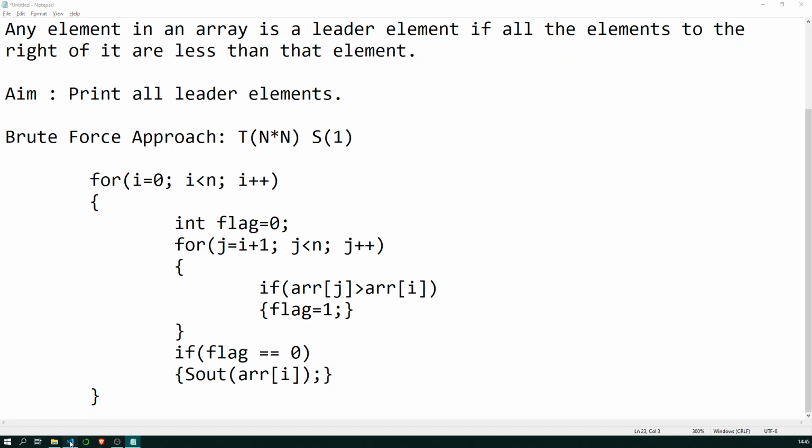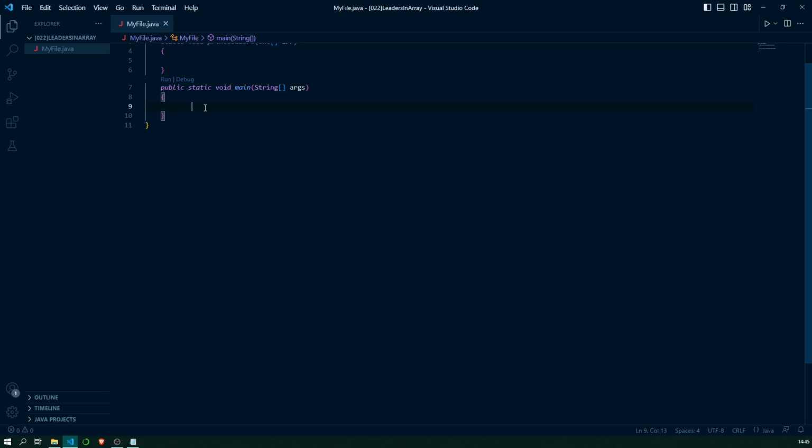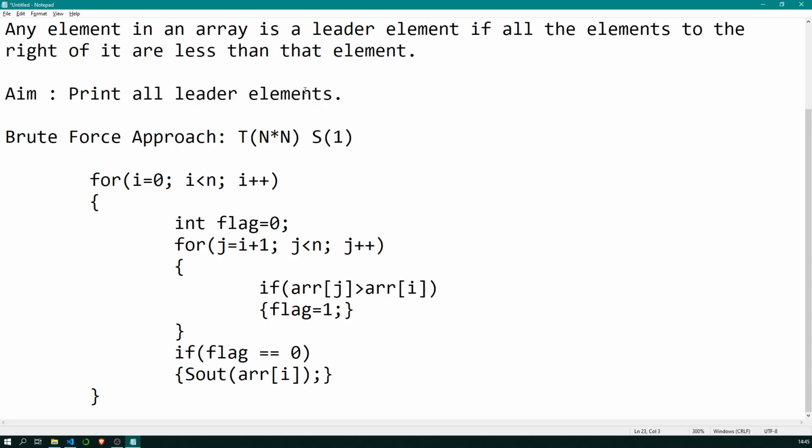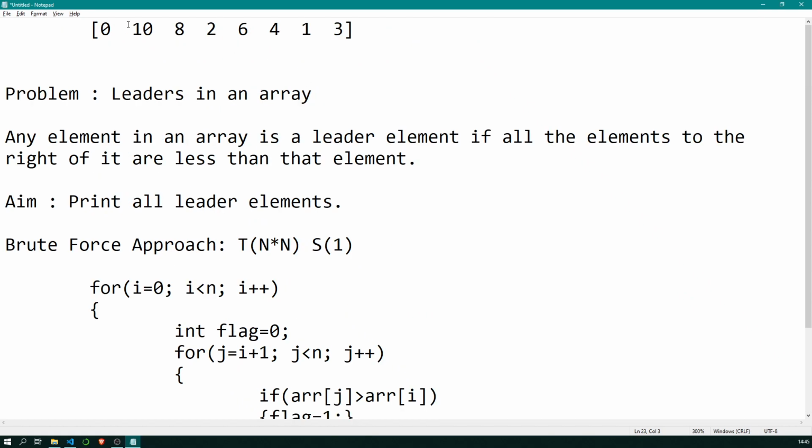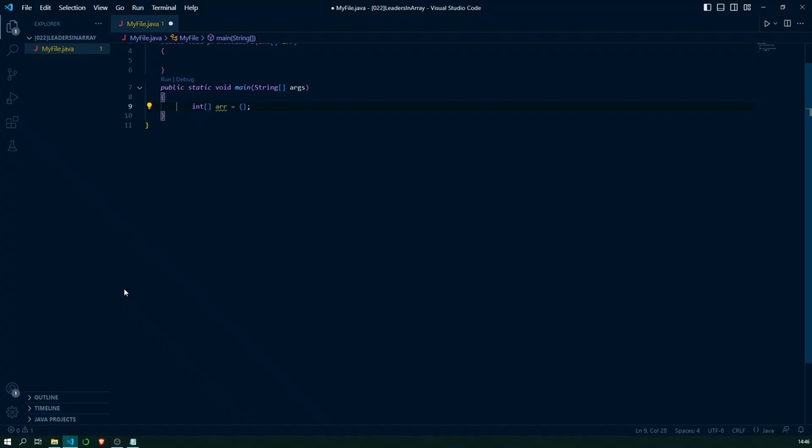So let's just try to code this if possible. Int ARR is equal to, okay, what's the array? Let's just take a similar array: 0 10 8 26 4 13. Okay, perfect.